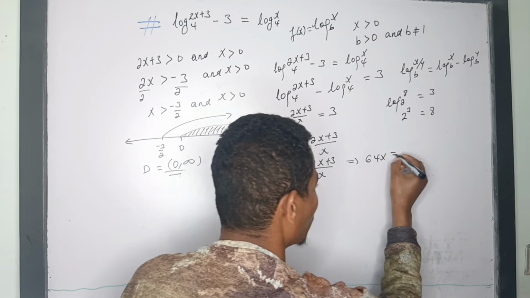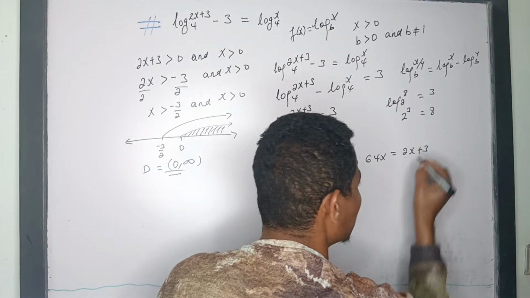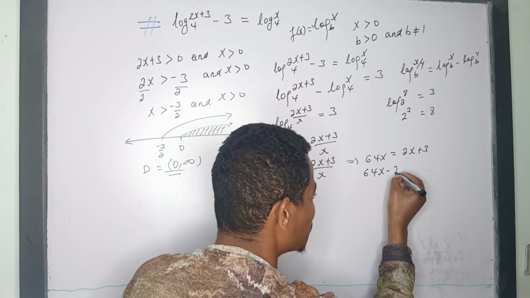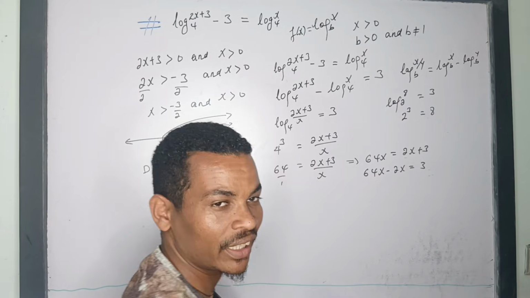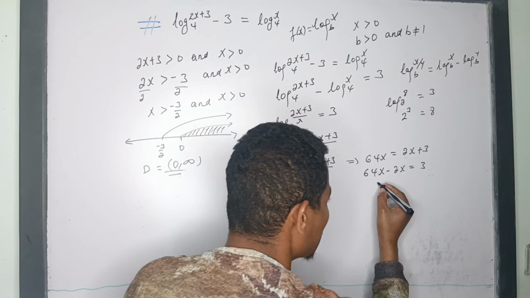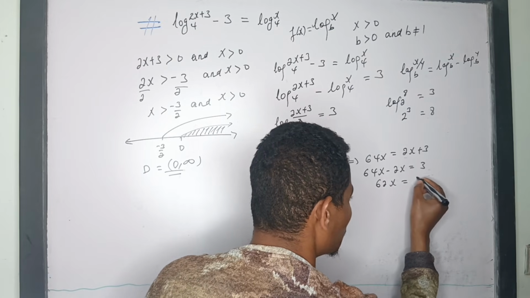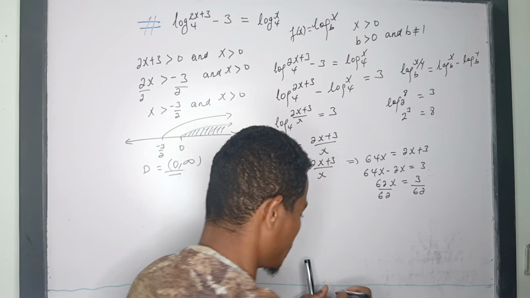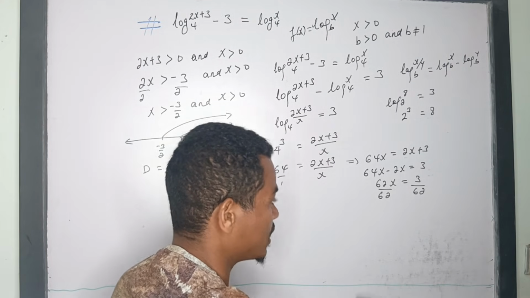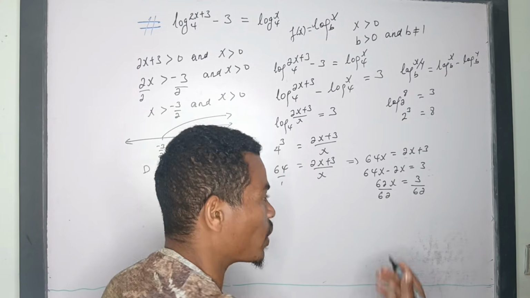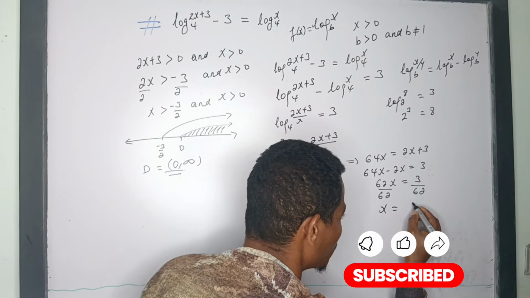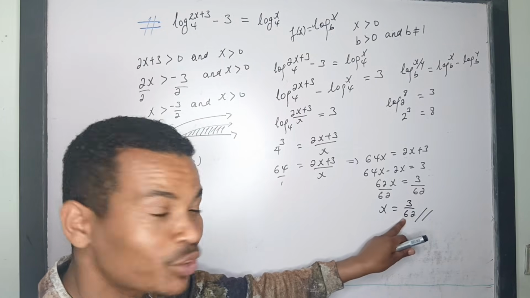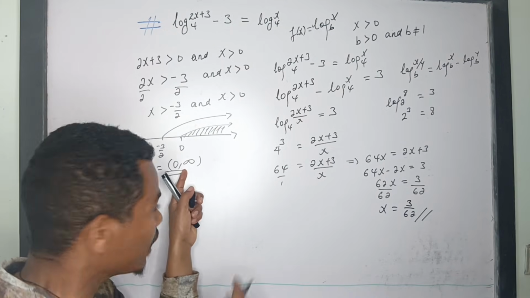64x is equal to 2x plus 3 ይሆናል just collecting like terms that is 64x minus 2x is equal to 3 ይሆናል 64x minus 2x is 62x is equal to 3 both sides divided by 62 then from this one okay 62 divided by 62 is 1. 1 times x is x itself. So the x value is 3 over 62 ይሆናል ማለት ነው